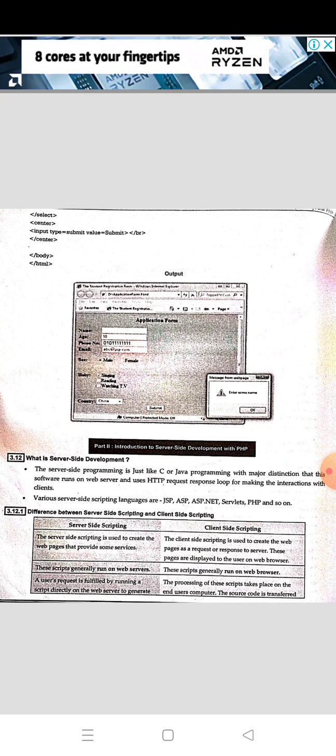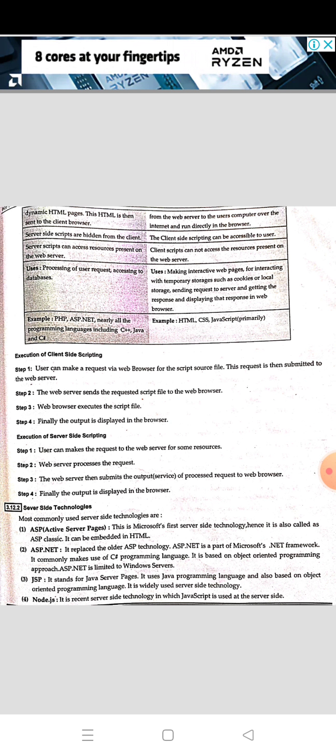In server side scripting, a user's request is fulfilled by running a script directly on the web server to generate dynamic HTML pages.